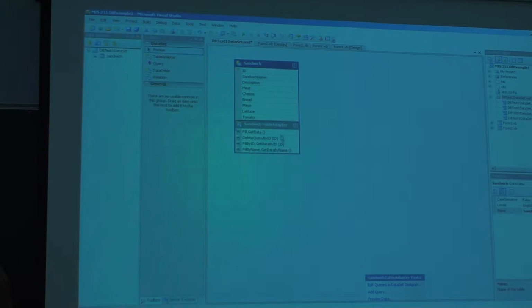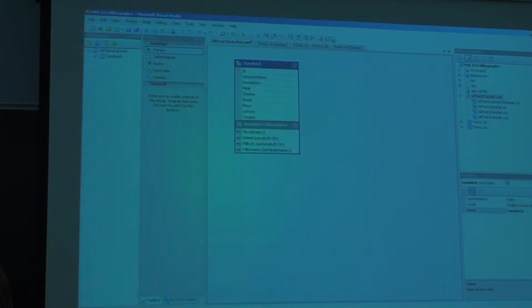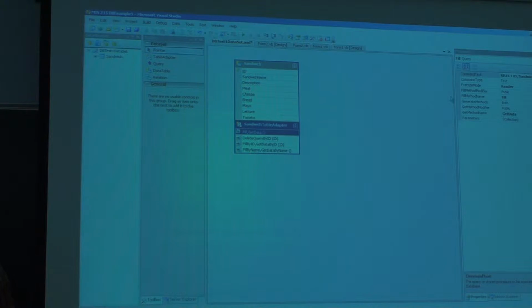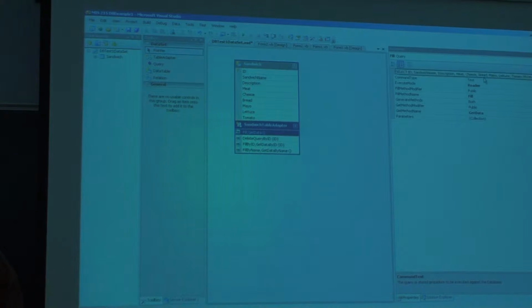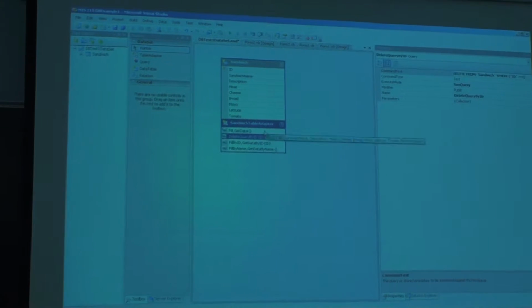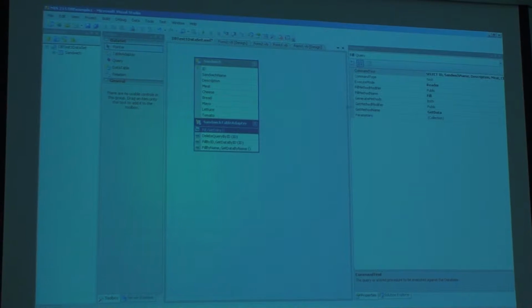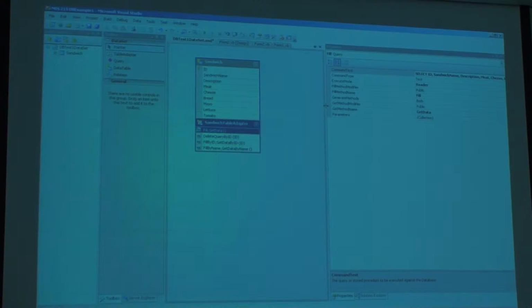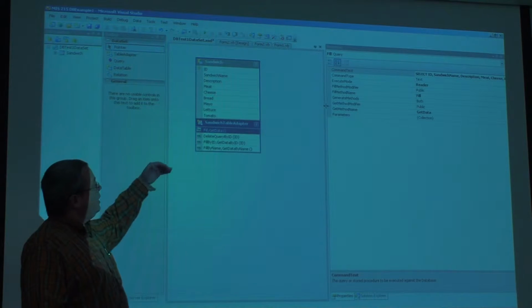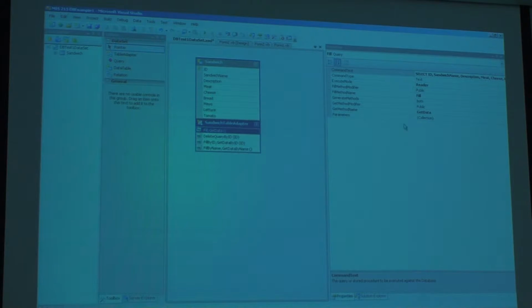All right. So what I wanted to do was show you some of the cool stuff. What I'll do is I'll click on a query right there, and you'll see that we have a variety of information we can change about each query. So if we just take the first query, which is our regular fill query, which pulls all of the data out of the database, you can see here we have something called the command text. And if we click on these three little buttons way over there,